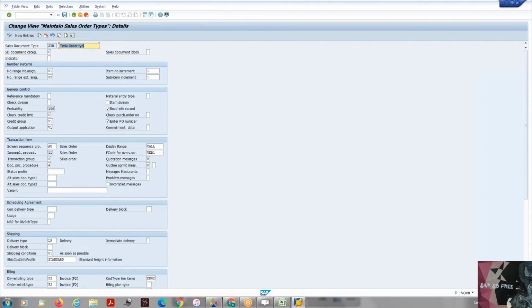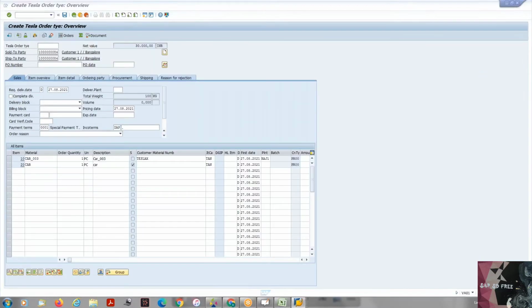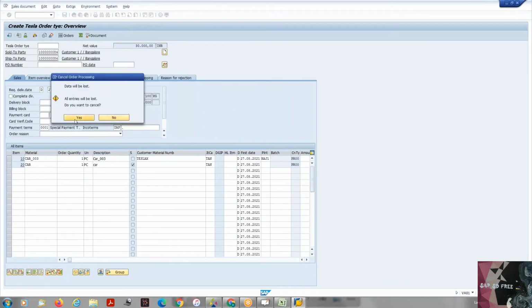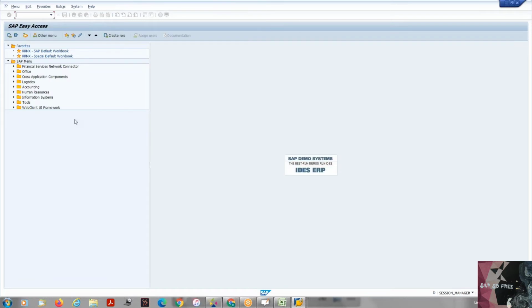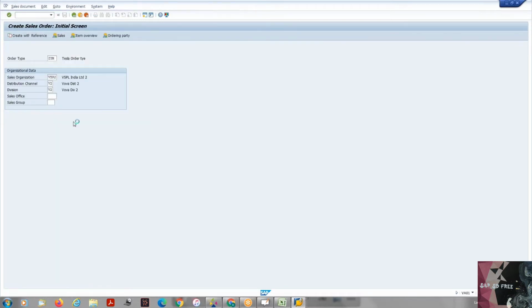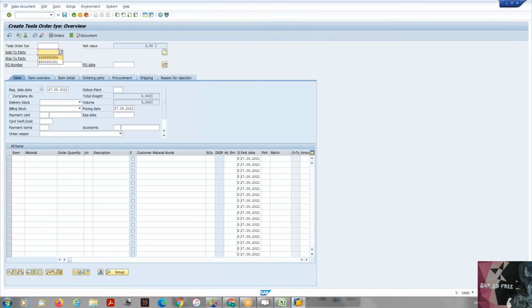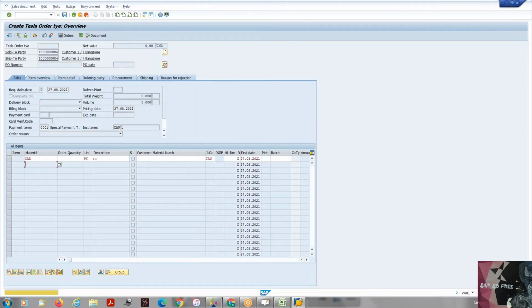Okay, if you change it to 1, then if you try to create anything here again, the sales document, it will be controlled. In VA01, if I try to create one material, not a quantity,